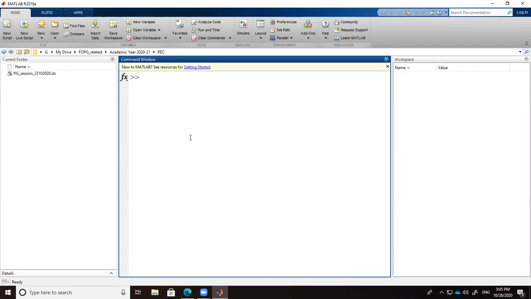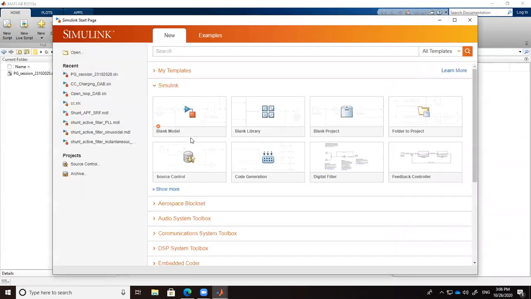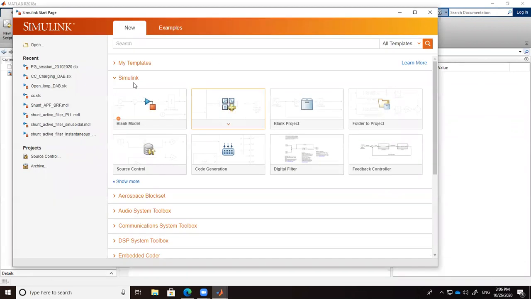First thing that you need to do with MATLAB is to type Simulink if you wish to perform the simulation using a graphical user interface. You should type Simulink, press enter. Okay, so it will immediately open this type of window. If you have an older version of MATLAB, let us say 2013 or 2014, then it will directly open the Simulink library browser. So you don't need to go with this. Okay, so let us start with a blank model.